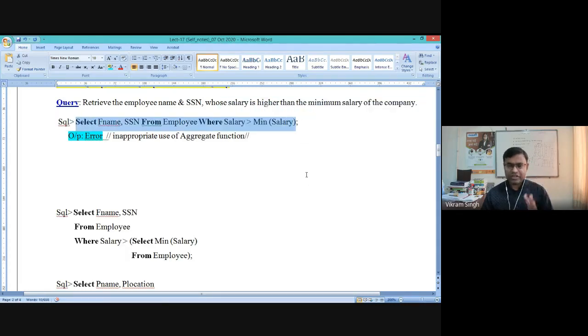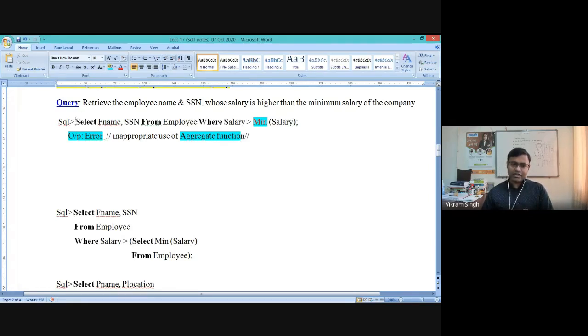This is how students usually write a query, when they have no idea that you cannot write an aggregate function on the where clause. That's what we discussed in the day when we discussed aggregate functions. Or maybe we have repeated also that you cannot use an aggregate function on the where clause. So you should be writing aggregate functions only in the select clause and having clause, which we will discuss ahead, right?